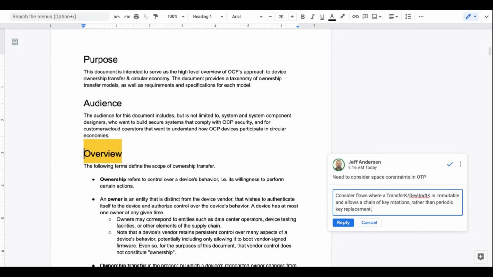Right. So when you do a transfer key, you're allowed to create this. In general, if you want to provision the next key into the system, you have to get the signature from your previous owner, and that is basically what the transfer key provides.